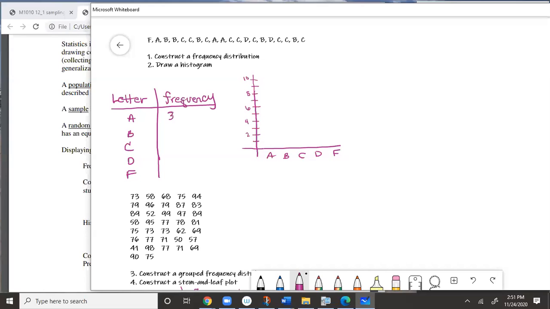And let's look at B. 1, 2, 3, 4, 5 B's. C. 1, 2, 3, 4, 5, 6, 7, 8, 9 C's. D. We have 2. And we have 1 F. And let's go ahead and get the total. The sum total of all the frequencies is equal to